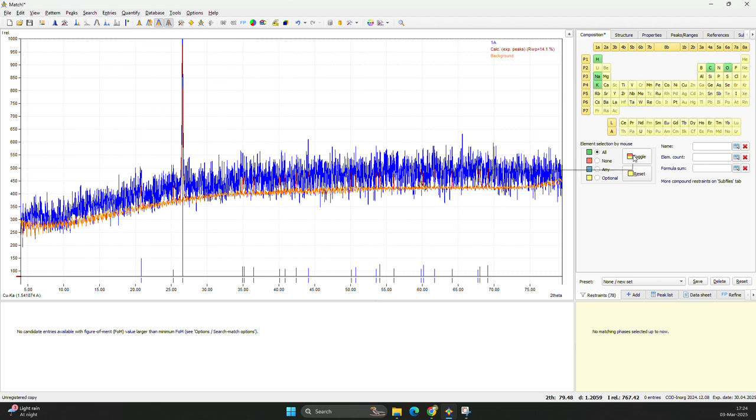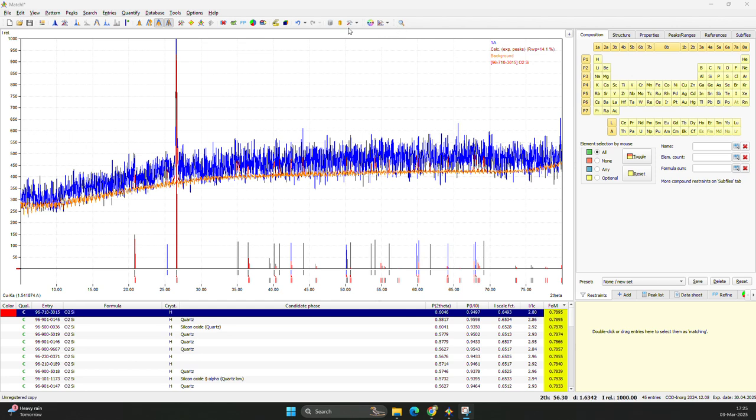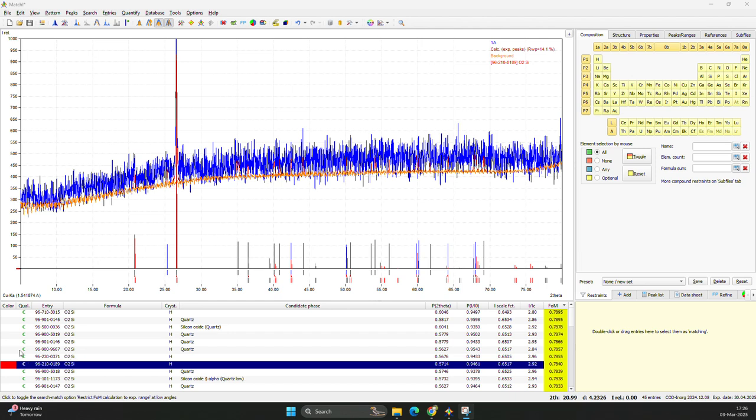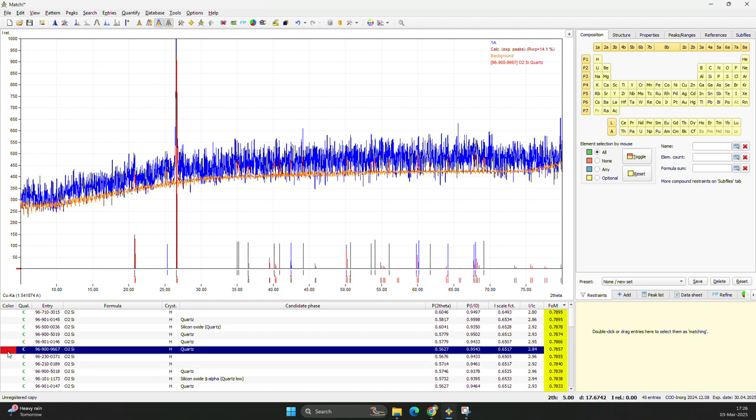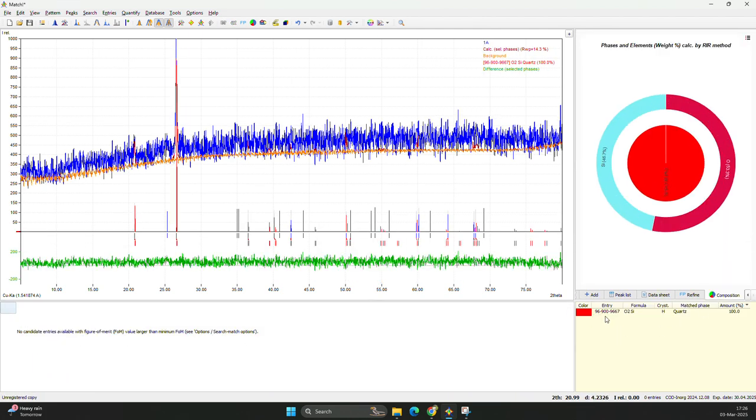Whenever you click like this, it will select it. Now what can I do? This is the option with which you can search the mineral. You can click this one. I know that this is the quartzite, so if I click this, it's quartzite, and you press the space bar,